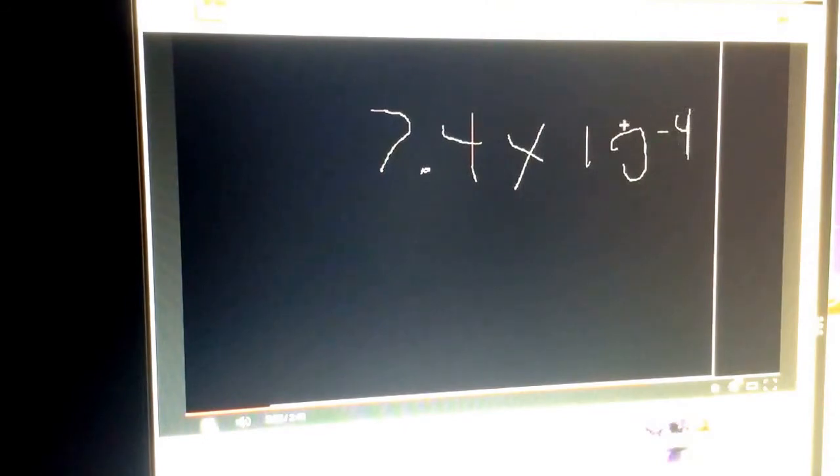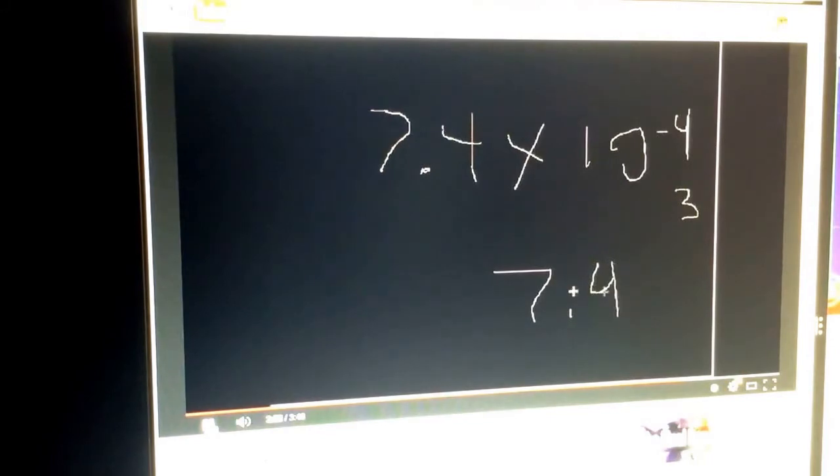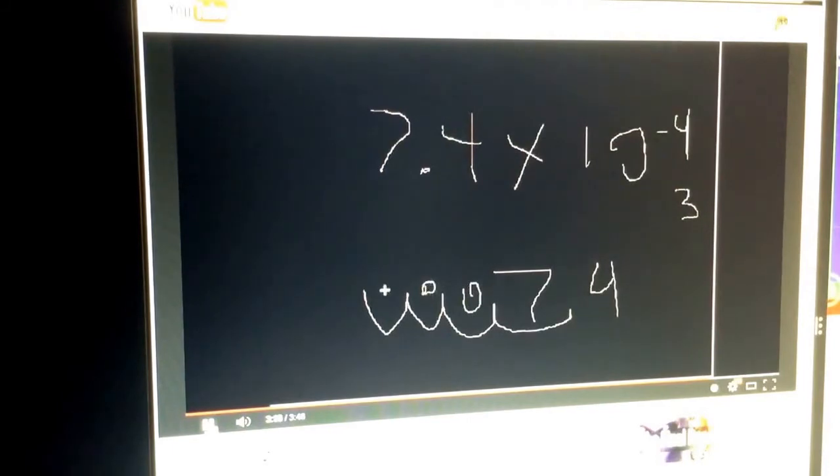So it would be 7.4, and also like from before, I like to do the little math equation. So the little 7 that's there, I like to think of that as an addition, as a plus 1. So it would only be 3 as the exponent. So you'd only have to add 3 zeros in front of it. And since it's negative, we're making the number smaller, so we're moving it to the left. And then we just move over those 3 spaces, and we would have 0.00074 as our completed number